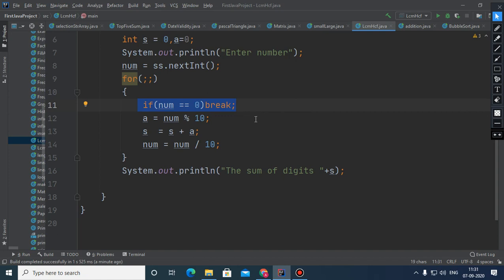I have kept that condition within the body of the loop: if num is 0, then break. Whenever the value of num is 0, we have to terminate immediately. That is break. Here we need to write this, otherwise it will become never-ending because the condition is not there.